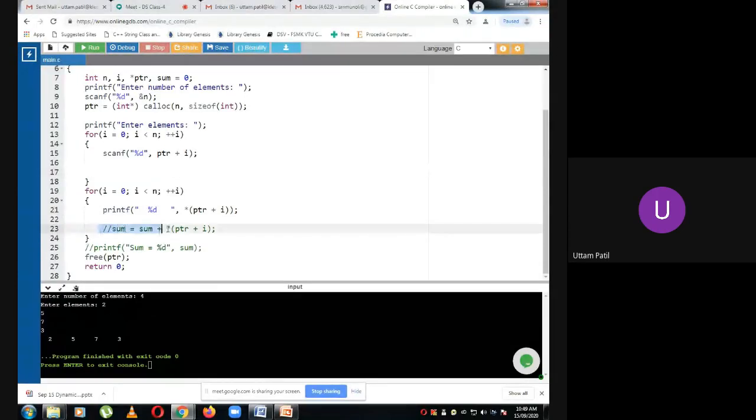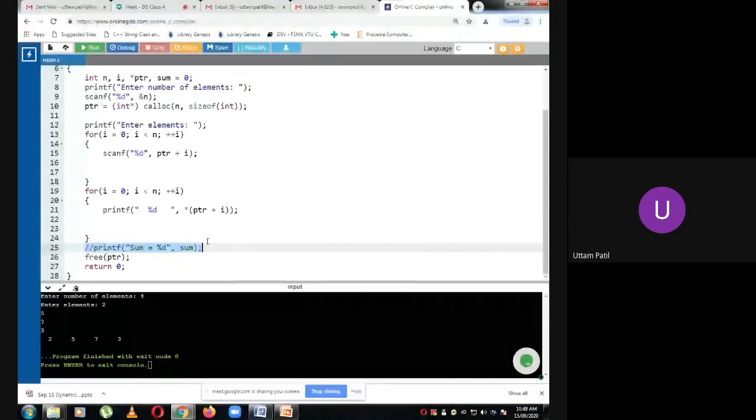Remove all this. So what happened? I declared a pointer here, and you are going to write (int *) calloc with n number of ints, of size int, then enter the elements. So 0 through n minus 1, I perform scanf and I'm just displaying. So this reads the elements of the array and prints the elements of the array. So this is how it works.